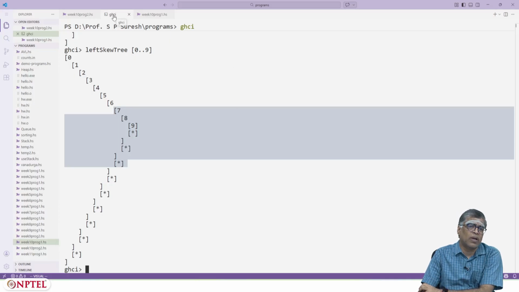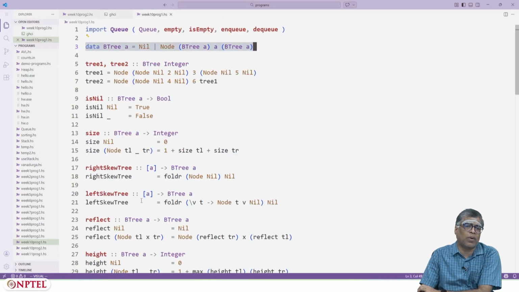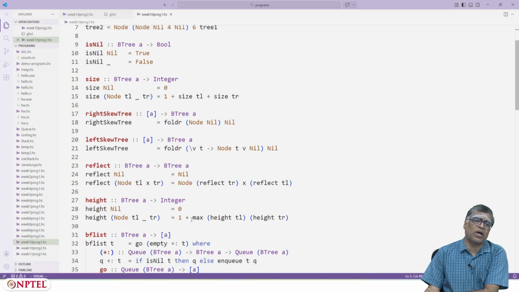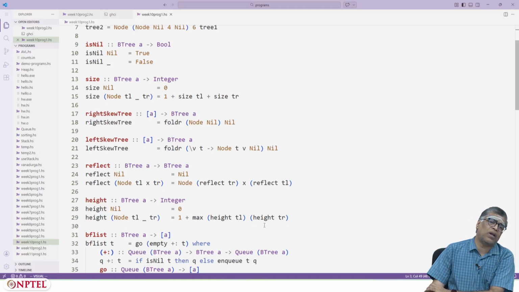You can have those. Let's look at what else I have programmed. I have programmed a lot of other things. Height is something that I have programmed. Height of nil, the empty tree, is 0. Height of node TL x TR is 1 plus max of height TL, height TR.